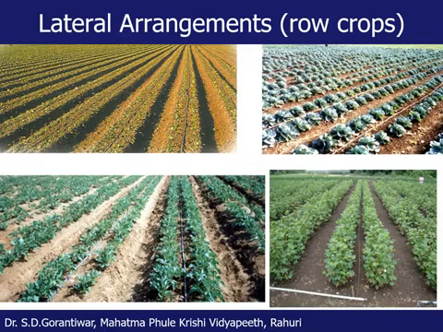For vegetable plantation or less spaced plantation, instead of having one lateral per row of the plantation, you can bring 2 rows of plants near, and you can have one lateral per 2 rows of the crops, as I have shown here